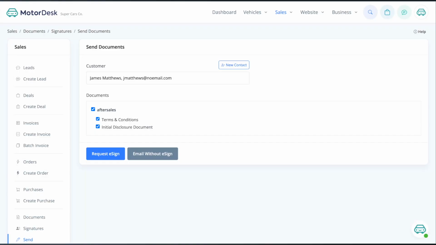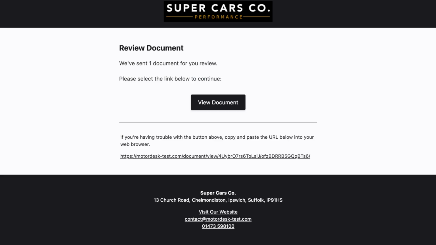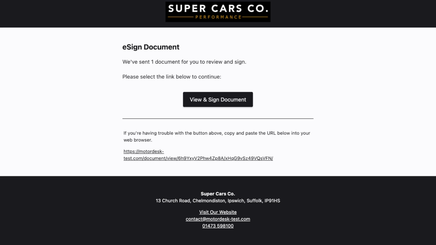So this is a great way of grouping several documents together so they're just all easy to send in one go, and then you can request a signature for them, or again send without. If you've not requested a signature, the customer will be sent an email like this where they can simply click and view the document. If you have requested a signature, then they'll have a link to view and sign the